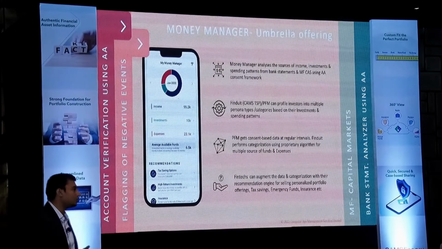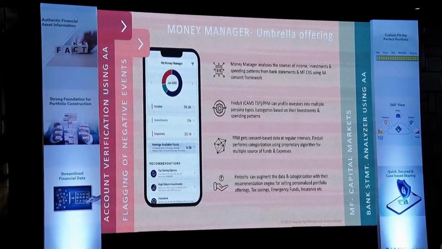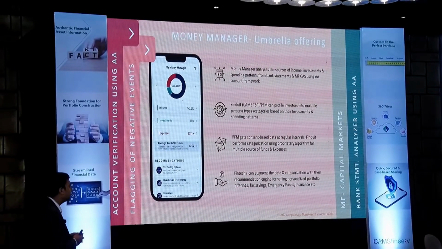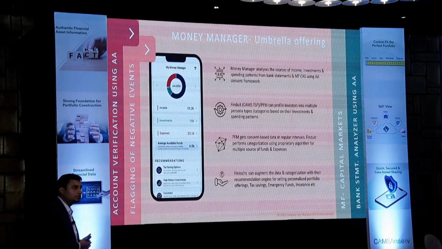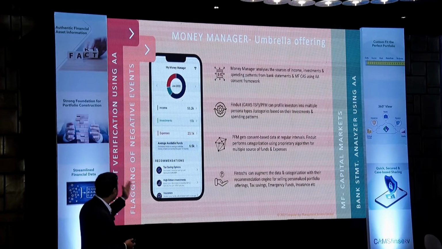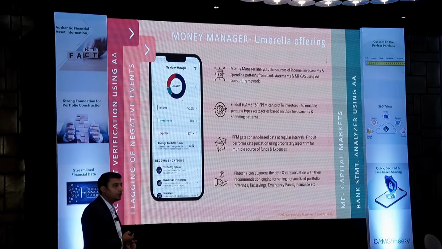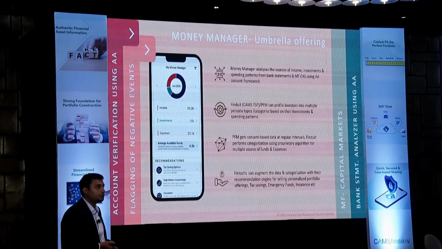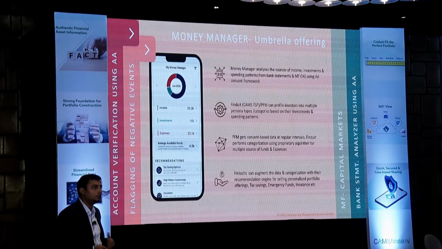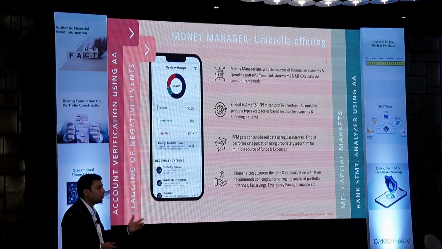Again, it will create a persona, and based on that persona, the PFMs can create algorithms and models, basis which they can take usage of the income information, the expenditure information, and the asset information to create models on the exposure, and then can go ahead and give all the advice.